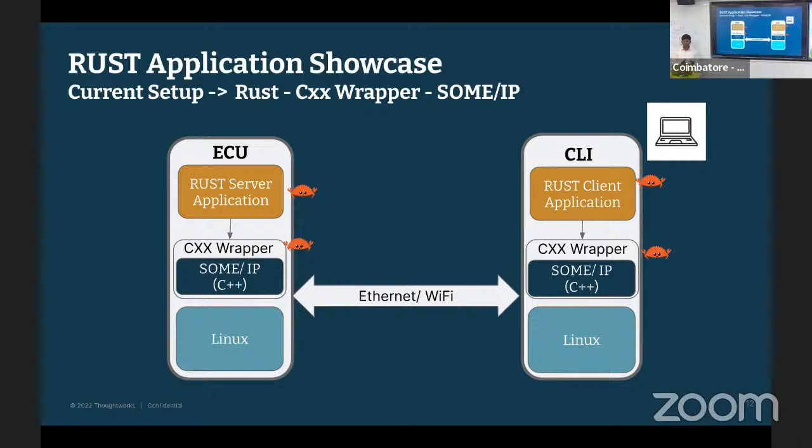So in this stack, if you see, it is similar to the previous one. We have an ECU on the left, we have a Rust server running on the ECU, and then that Rust server will be talking to SOME/IP, which has a CXX wrapper that provides the Rust bindings. It is running on a Linux system, and both